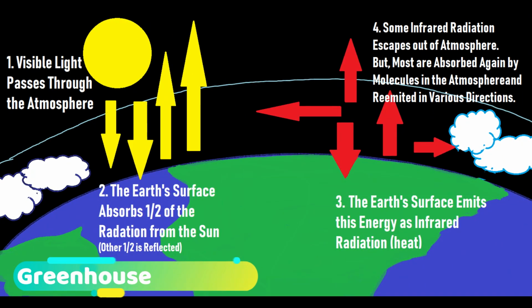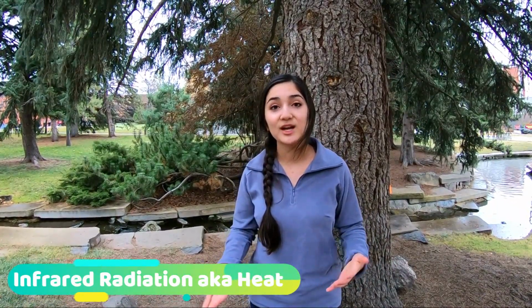Now we are going to discuss step 2 and 3. As this visible light passes through our atmosphere, only half of this energy is absorbed. The other half is reflected back into space. Once this energy is absorbed by the Earth's surface, it re-emits this energy as a new form, infrared radiation, otherwise known as heat. A smaller scale example of this would be if you put a rock in front of a